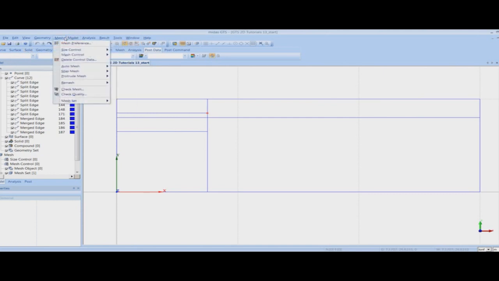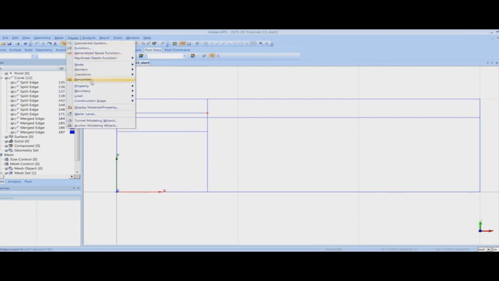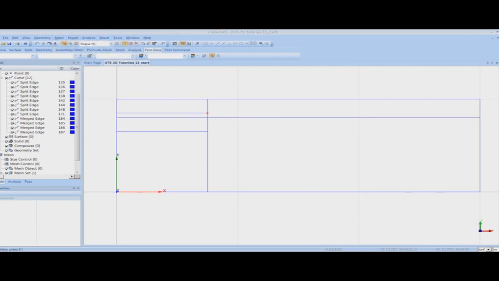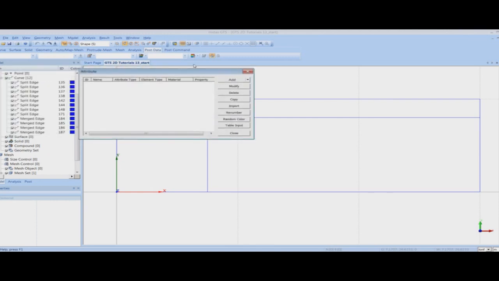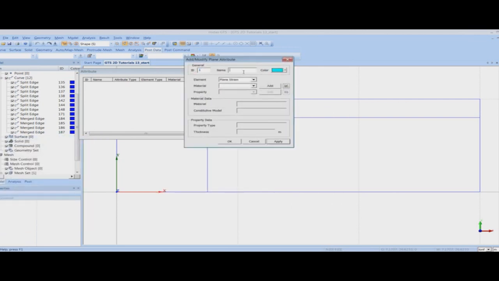So let's start with the meshing. For doing the meshing, we must define a proper attribute to the meshed element. And now we will define the attributes. For definition of the attributes, we will go to model, property, attribute. So basically here I will be combining the section to the proper structure element, or if I have a plane strain type of element which I'll be using for my ground, then I will assign the plane strain type of element to my fill and weathered soil. So first of all, I will define the plane type of elements, which will be fill and the weathered soil.